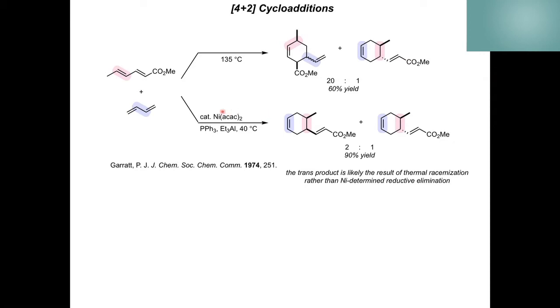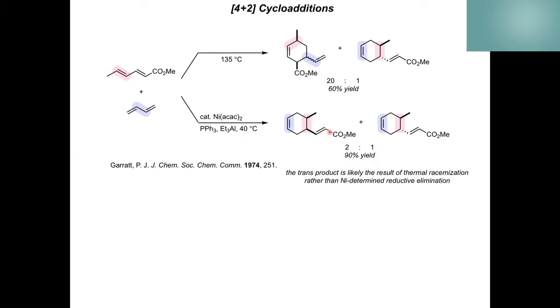likely to preserve that conjugation of the methyl sorbate. But they found that using a catalytic amount of a nickel-2 ACAC salt and activating that with triethyl aluminum, which presumably is serving simply as a reducing agent for the nickel-2, in the presence of triphenylphosphine to support that reduced nickel that is produced, they observe much better selectivity, where butadiene now serves as the diene component and the methyl sorbate serves as the dienophile, again preserving that conjugation of the methyl sorbate, utilizing that distal alkene as the dienophile,